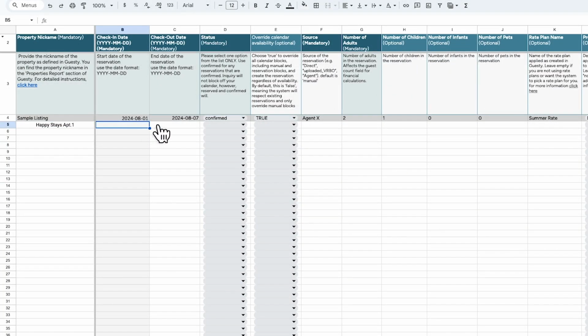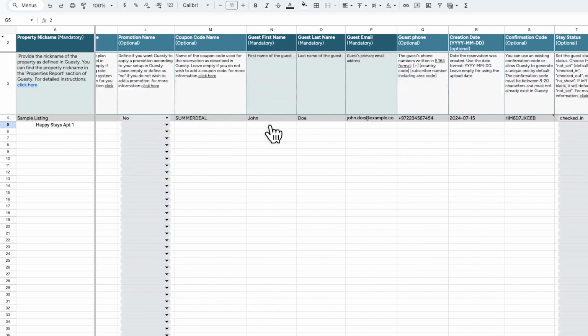Next are the check-in date and checkout date fields, in which you'll need to enter the dates of the first and last days of the reservation. In the reservation source field, fill in the source of the reservation. In the number of adults field, enter the number of adult guests included in the reservation. Next up, make sure to fill the first name, last name, and email address of the primary guest fields with